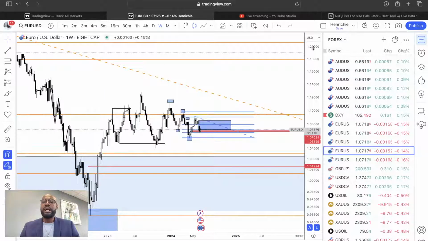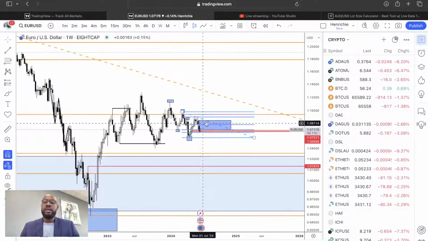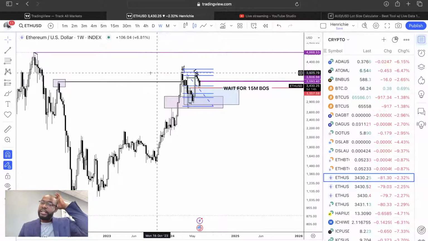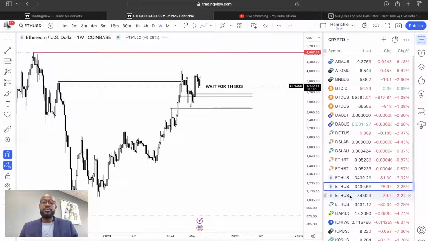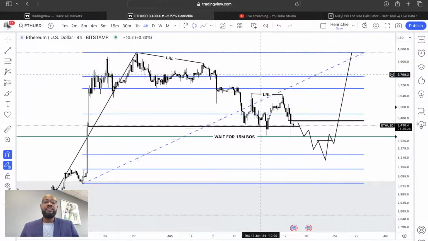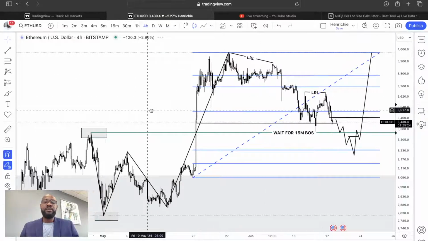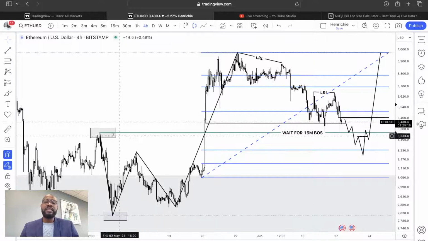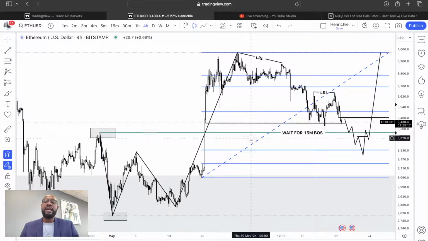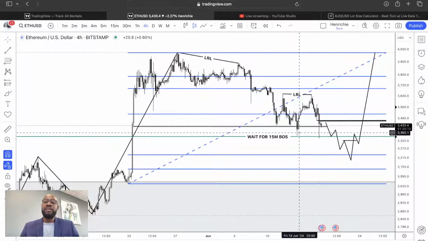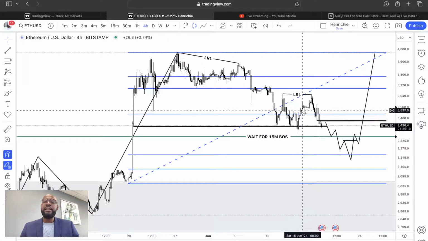We're going to look at Ethereum because we have a trade idea we talked about on Ethereum. We're going to look at that as well. So for Ethereum, if we scale down to the 4-hour time frame, like I said previously yesterday on Ethereum, we're watching the high, the low, the break of structure. We want to see price retest this high right here, and then we'll watch for a 15-minute shift in market structure. I said that yesterday, and I said a lot of traders are going to be buying from here.